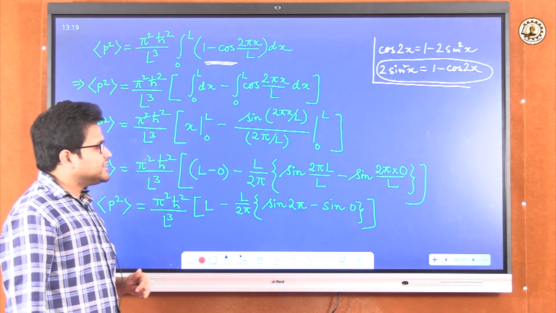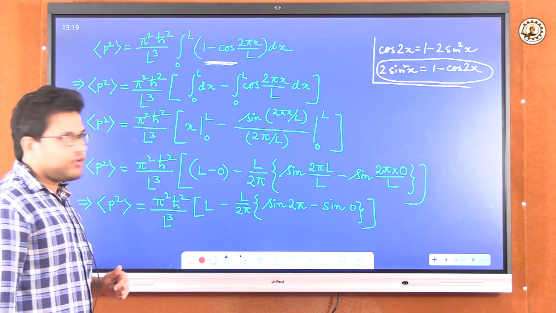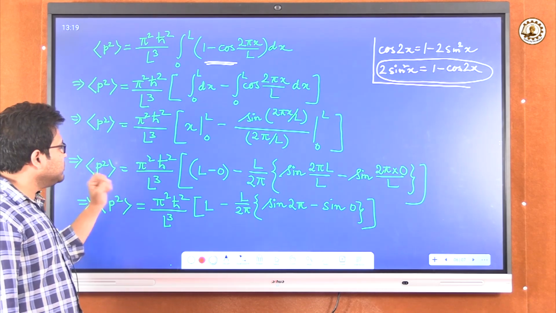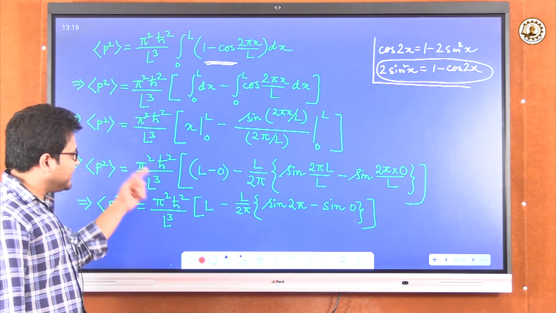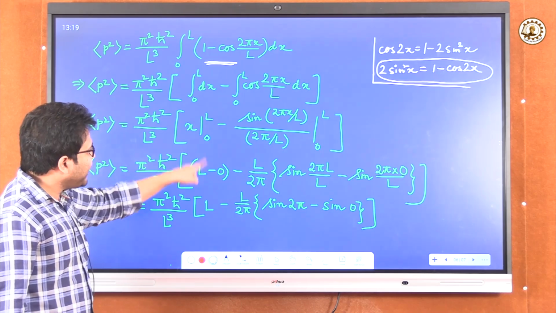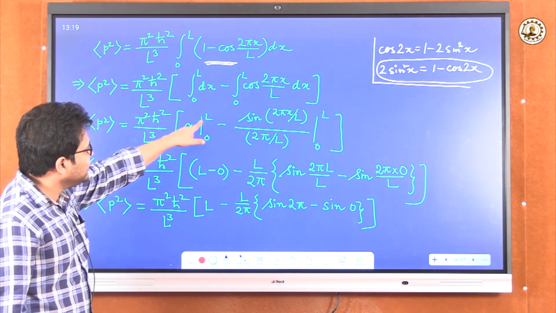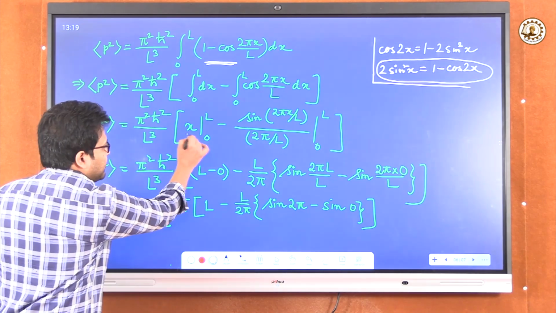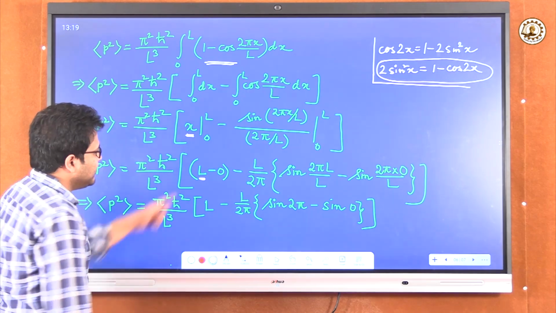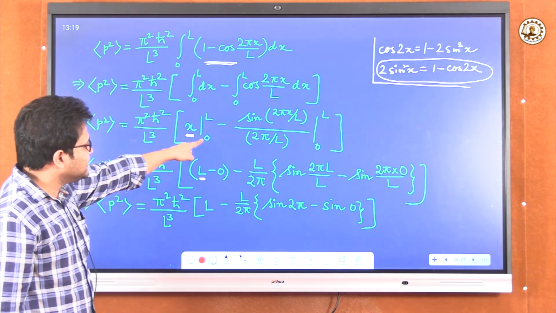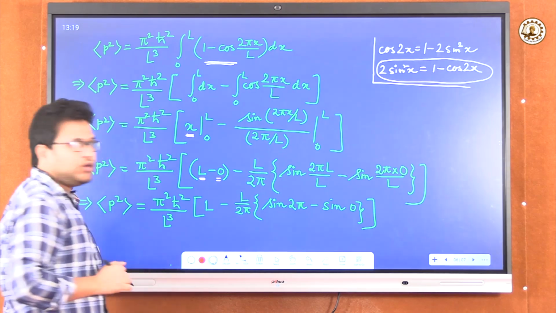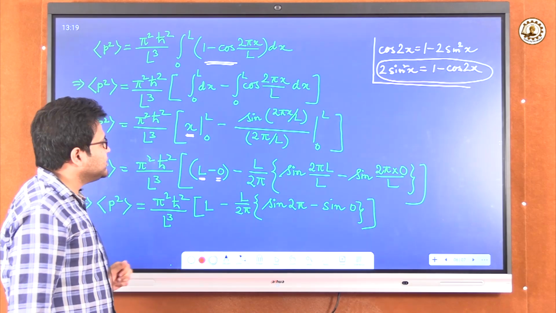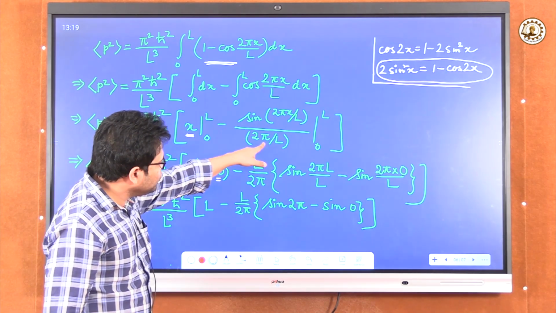Now, if we put this lower and upper limit in the position of x, then we get average of p square equals pi square h star square by L cube within third bracket. Final limit minus initial limit. So I am writing the final limit first, that is in the position of x, I am writing the final limit L minus the lower limit. Here the lower limit is 0, so I am writing the lower limit. You all know the definite integral. In that case, the theory is final limit minus initial limit, minus this 1 by 2 pi by L,